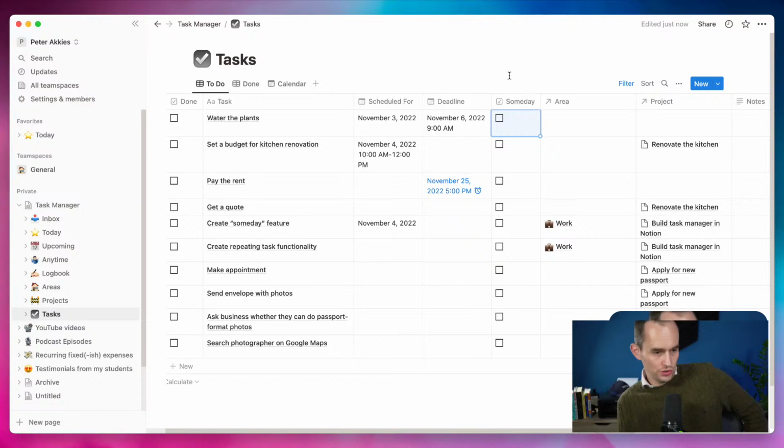And then what we can do is, when this box is checked, we can remove this particular task from certain views. So we can remove it from the anytime view. We can remove it from upcoming, etc. Well, upcoming is not going to show because what we want to do basically is we would want that to override scheduled for anyway, not the deadline. If there's a deadline, we should have that. But we would want it to override scheduled for. That's going to be really hard to do. So